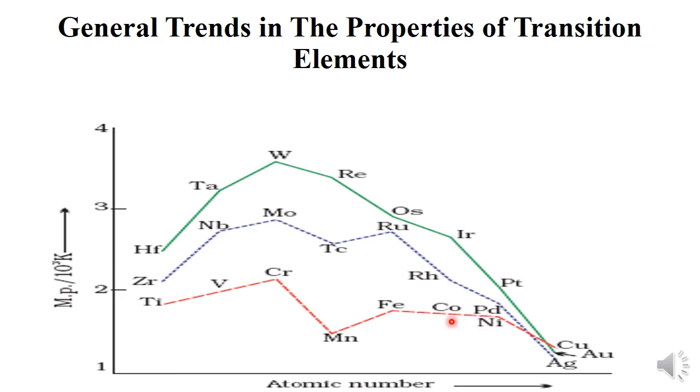Here, one more point is the dip in the melting point at manganese in the first transition series and at technetium in the second transition series and somewhat at rhenium in the third transition series. It is explained on the basis that they have exactly half-filled d orbitals. And due to this, the electronic configuration is stable in these cases. That is, the electrons are held tightly by the nucleus, so the delocalization is less and the metallic bond is much weaker than the preceding elements. So that's why there is a dip in the case of these elements.